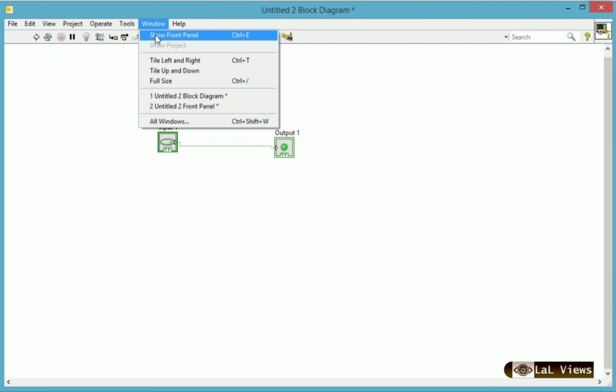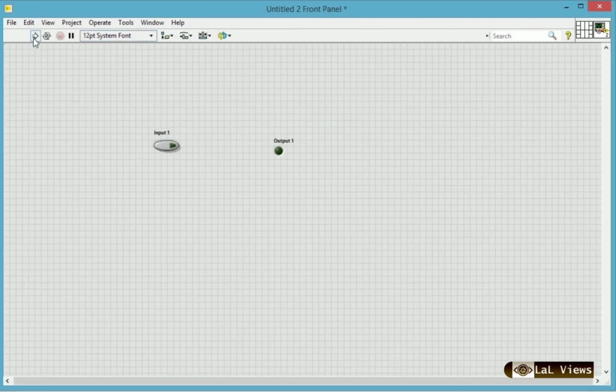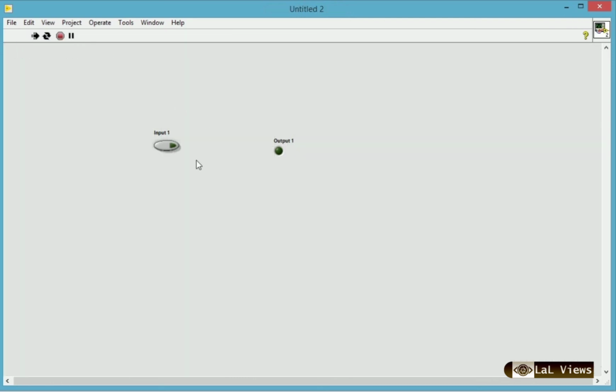panel. Okay, so when I am pressing the run continuously, the input is 0, so the output will be 0 itself, or the input is false, the output is false itself, because it is a Boolean operation. When I press the push button switch, the input will be true, so the output will be true. Okay, so the bulb will be glowing. Again, when the input is off, the output is off. So this is the Boolean operation.